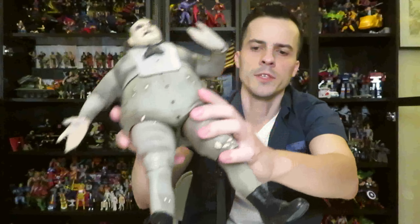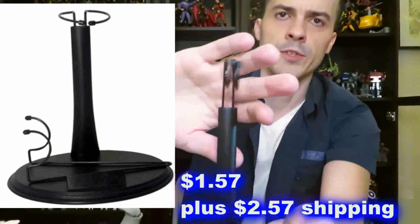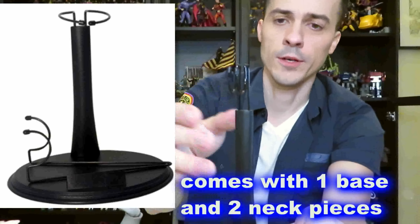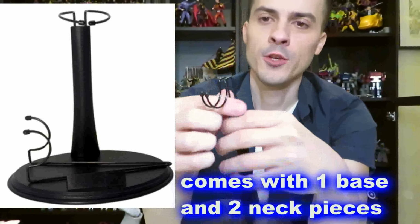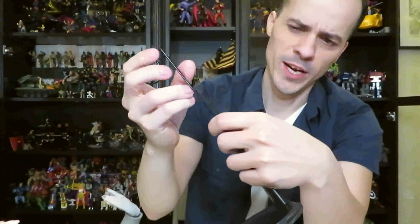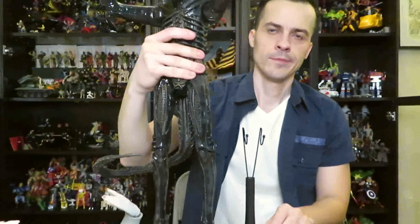Here's the NECA quarter scale penguin figure that I have, and you guys can see he's standing on his own. Now what's blending in really nicely, you guys can see that, is typically a simple Kaiser stand, which is gonna look like this for you hot toy collectors, people who have hot toys. Typically you see this, which I really don't like because it looks like they got a strap on or something. But you can get these with different attachments. Obviously this comes out, so it can be like a hoop that wraps around the figure. This came with that. I think this cost me like $3 from AliExpress, and this works for Penguin. Really not gonna help me out here,